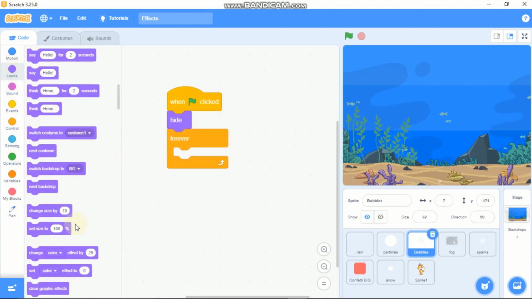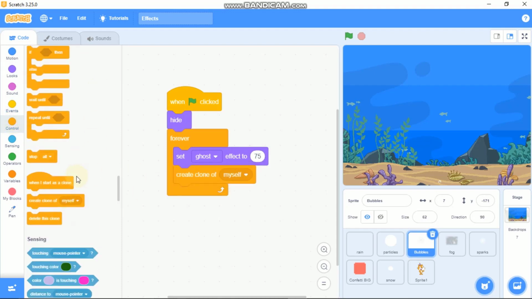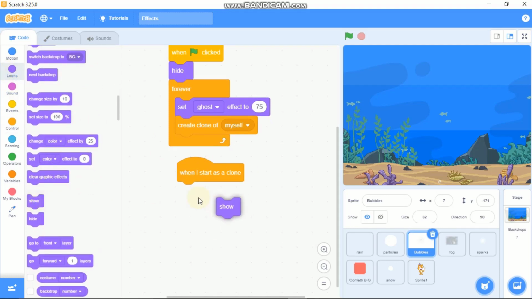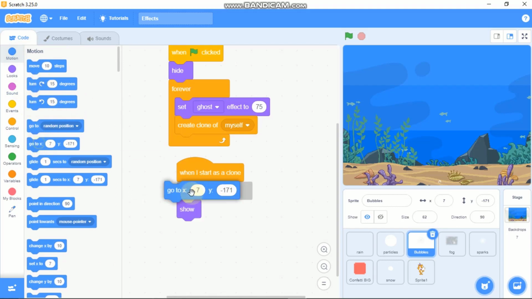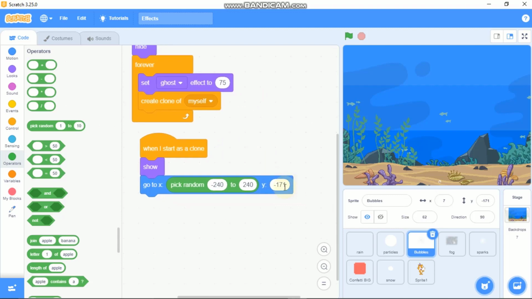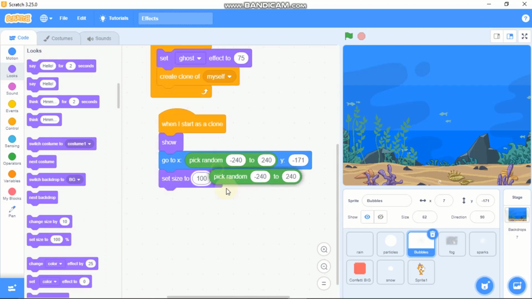We need to set our ghost effect to 75 and create clone of myself. When I start as a clone, then we need to show, and we need to go to X, grab a pick random from -240 to 240 and Y -171,